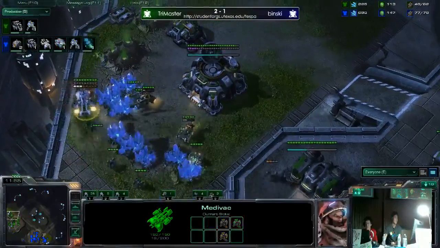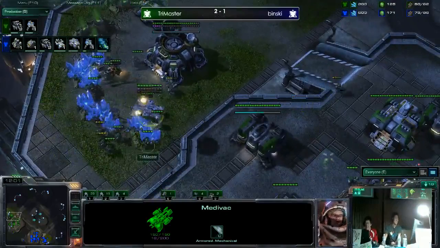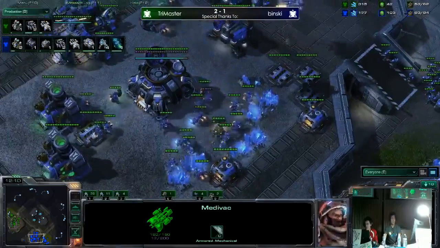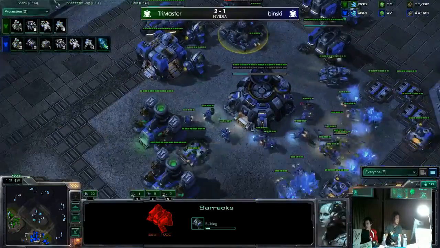Loads up. Okay, 1 CP drop. I was like, that's one way to transfer. Yeah. Okay, so here we go. Binski's just still in it. I mean, he's got a firm position, he's got a 30 supply lead, and TriMaster throws down a